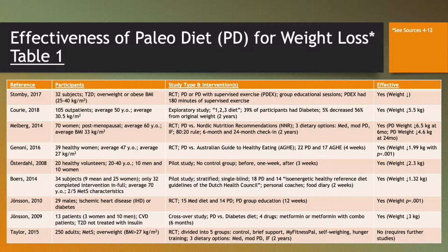Additional changes in body composition included significant decreases in BMI from 0.6 to 3.3 kilograms per meter squared, significant waist circumference decreases by up to 7 centimeters, and not significant but greater decreases in fat mass. In some studies, subjects were randomly assigned an exercise regimen or to work with a nutritionist, counselor, or complete a